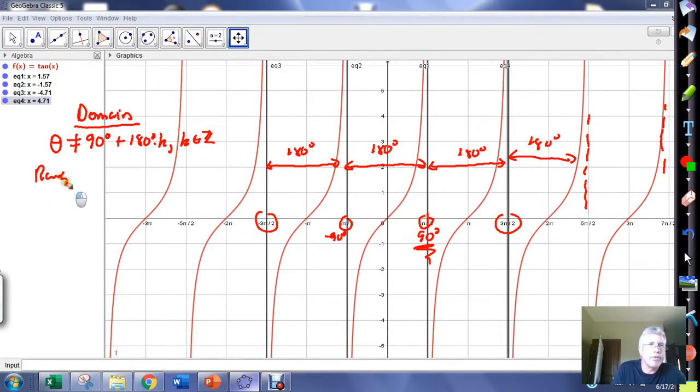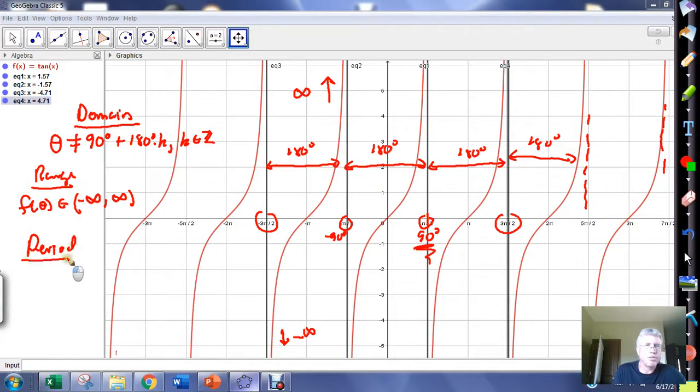The range, however, is our side ratios, and the function itself, f of theta, when we look at it, we see it goes to negative infinity and goes to positive infinity with no restrictions. So the range, that was a horrible infinity sign. You'd think after 20, 30 years of drawing them, I could draw them, but I can't. So domain and range are relatively simple,